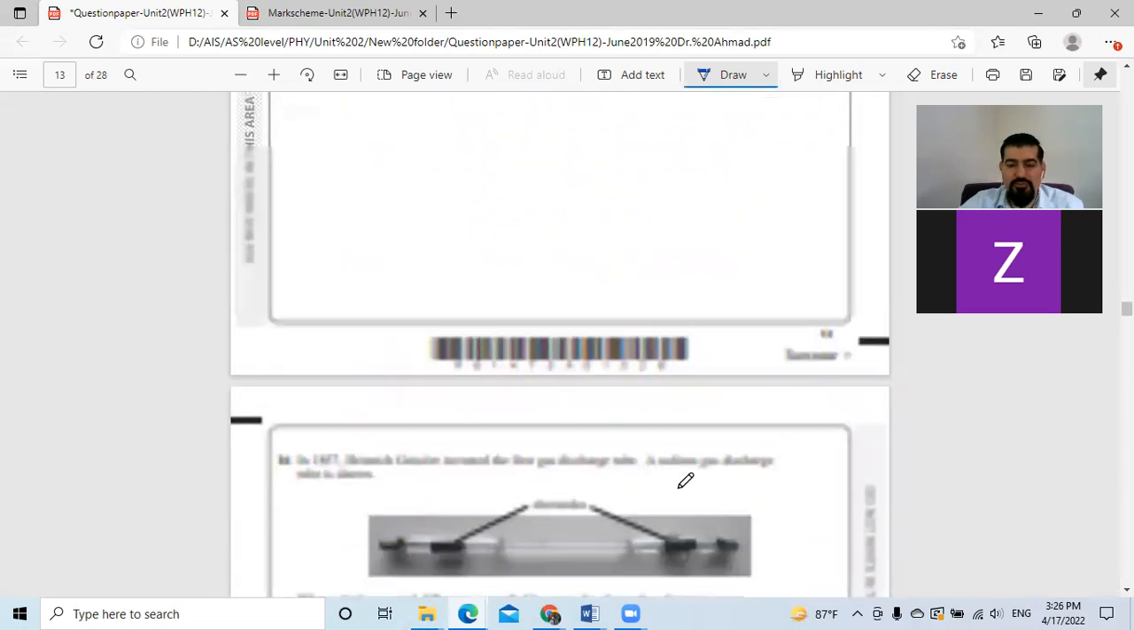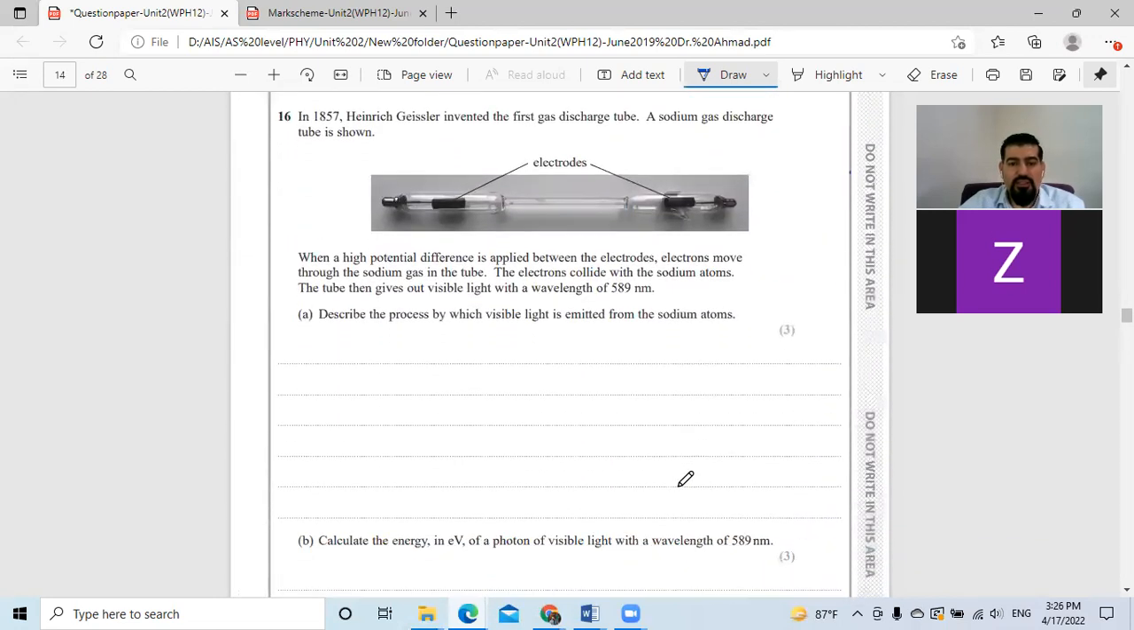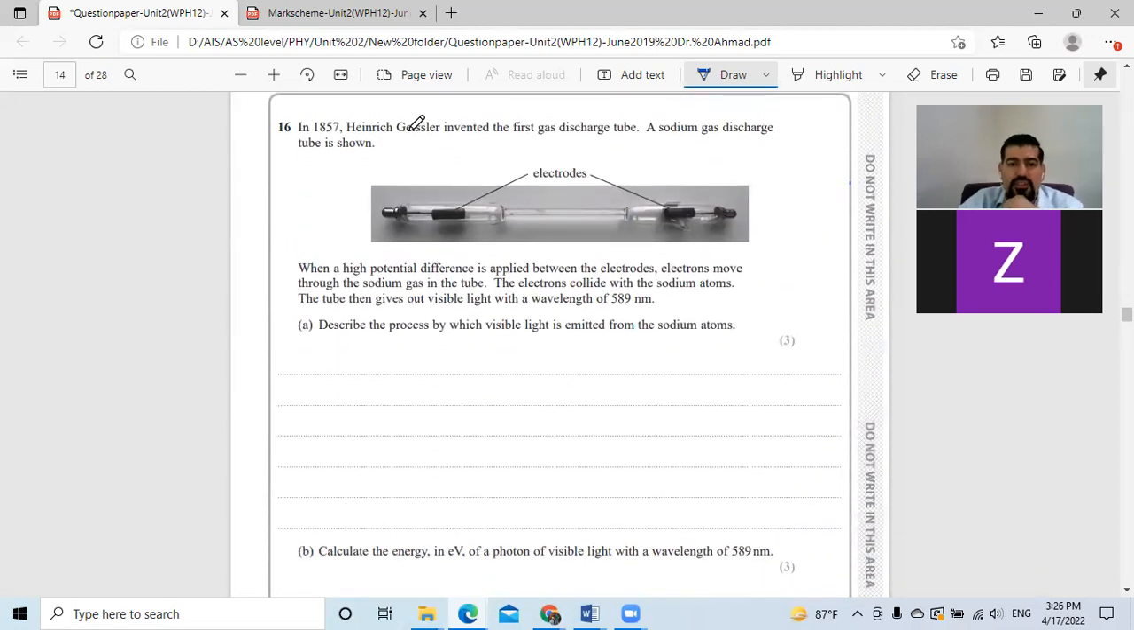Okay, you are welcome. In 1856, Heinrich Geissler, one of the scientists, invented the first gas discharge tube. A sodium gas discharge tube is shown. Most of the electric lamps in our streets are actually sodium gas discharge tubes. That's why they look yellow, because the most common color that comes out from this sodium gas